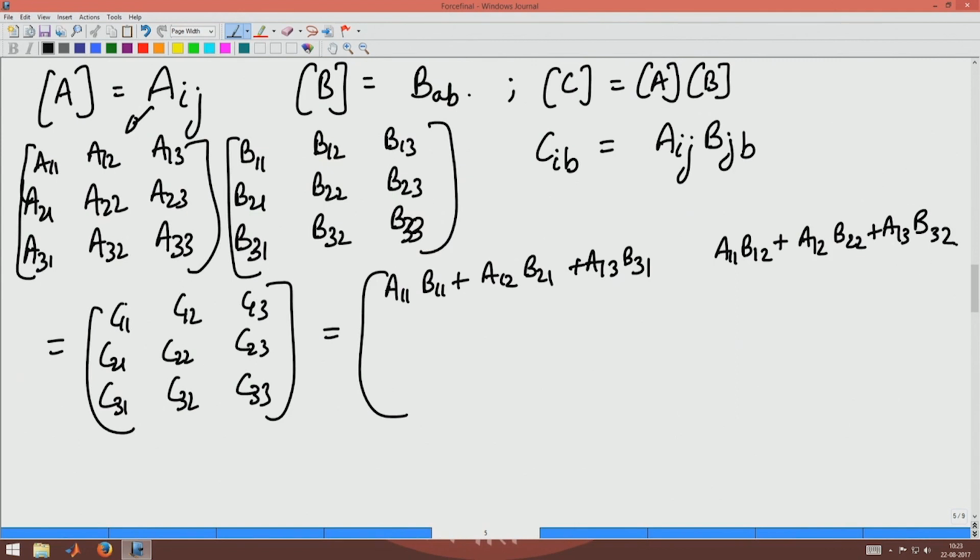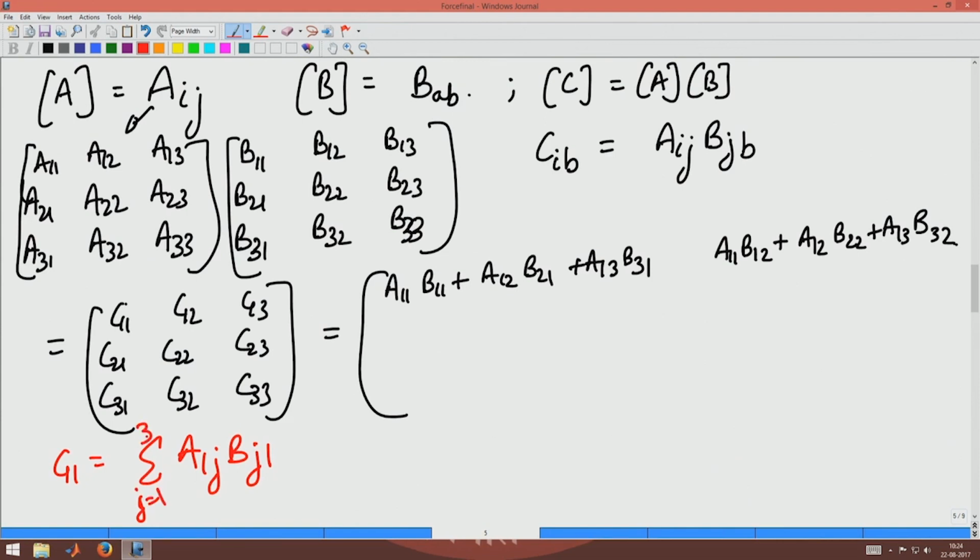These two terms suffice to see what we are summing up. If I write C11 here, C11 would be the summation of A1j Bj1, j equal to